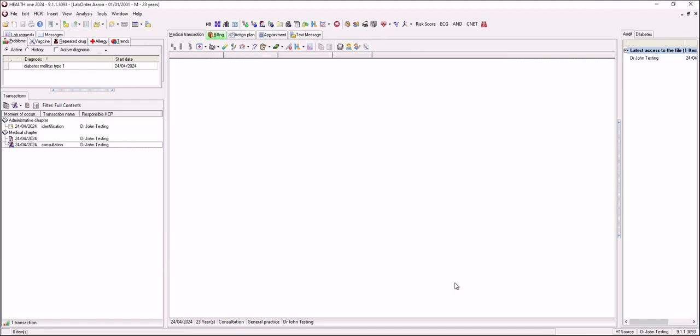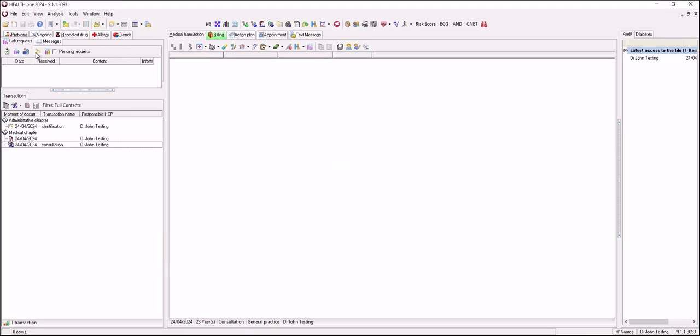Now I'm just going to go through doing a lab order in this patient. We can see that this patient is suffering from diabetes, so I'm going to try and do some diabetic bloods for the patient. So I'm just going to click on lab request here. This opens up the lab request section, and this icon here is the icon you'll need to use when you want to do a lab order or a lab request for the patient. So if I click on that,